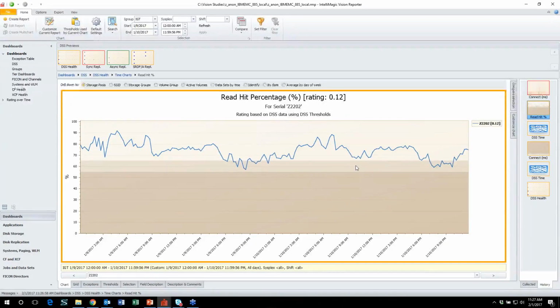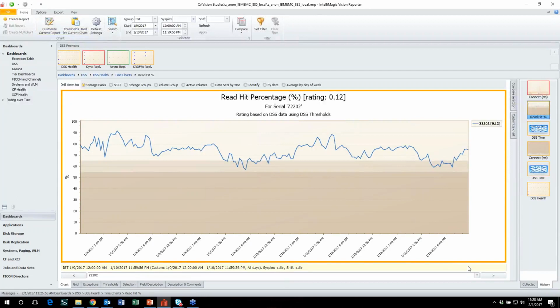This zone up here is that early warning threshold I talked about that produces yellow ratings. So you do see that we're frequently in this yellow zone, often enough to raise an early warning, and that's why the rating is what it is and why the border is yellow. And then up here is the healthy zone where things are good and you're performing as expected. So these are fixed thresholds. They don't change over time.